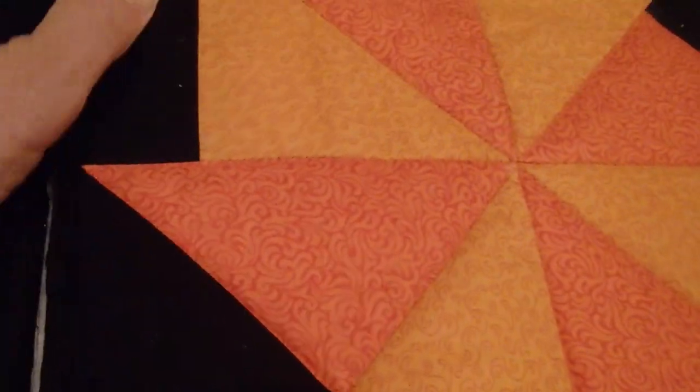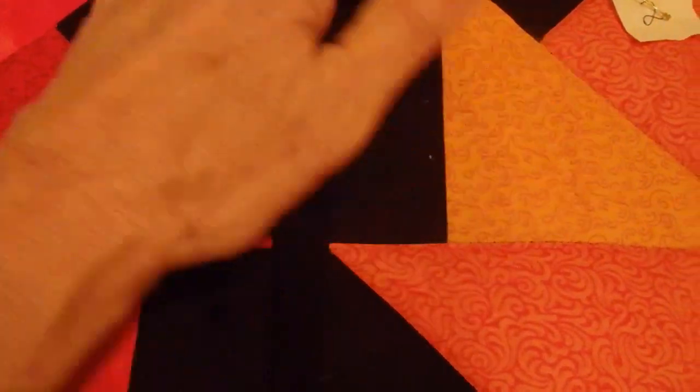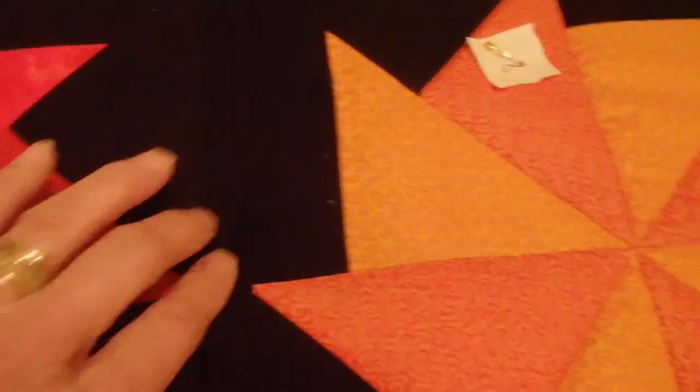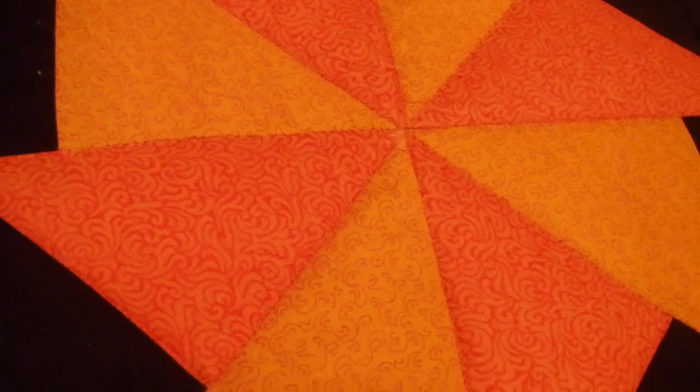And so the last step in this sashing is folding this part over. We're going to pin it, and we're going to tack it down, sew it down, as close to the seam as we can, without missing. I have missed before, so...